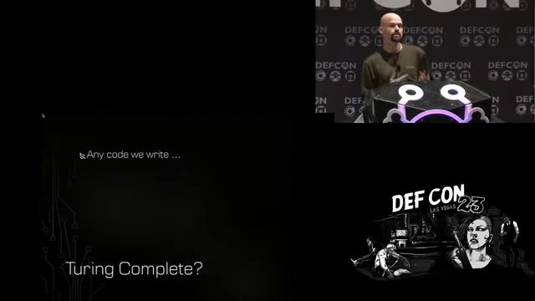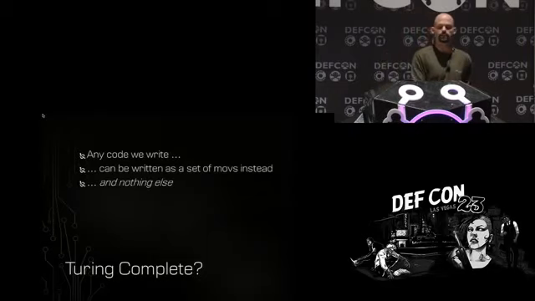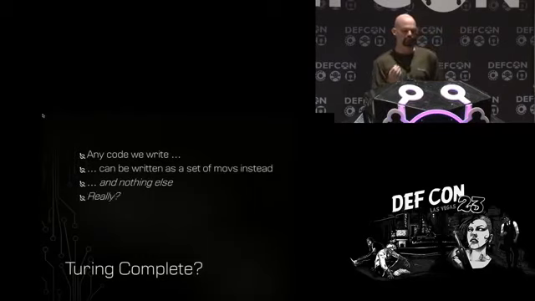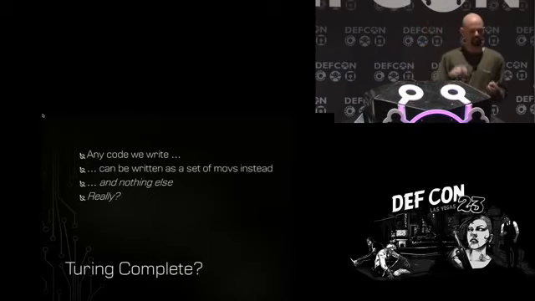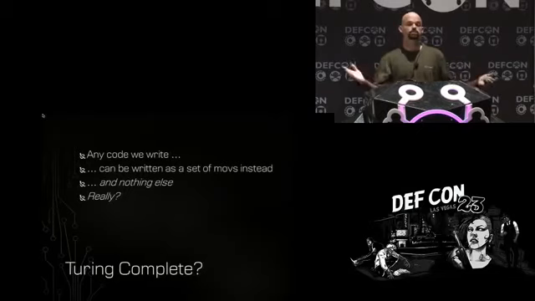So what about that Turing Complete part? Well, that means that any code that we write in any language could really just be written as a set of these unconditional data transfers instead, and absolutely nothing else. And when you think about everything you do in a program, that's actually kind of mind-boggling. It's hard to believe, when you think that we're doing arithmetic and comparisons and jumps and function calls and exception handling in our program. Theoretically, all we need to implement all of that stuff is just a bunch of move